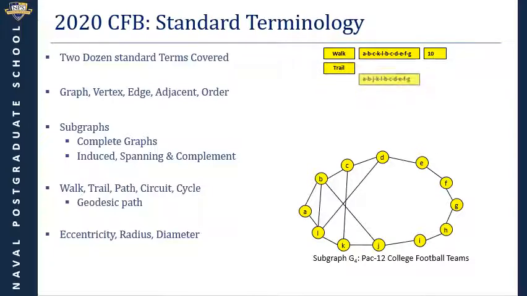This AG trail is also length 10 and repeats vertex B but does not repeat any edges. A trail which also does not repeat any vertex is a path, such as this AG path. Note, while this is a direct sequence from A to G, it is only length 6; an even shorter path